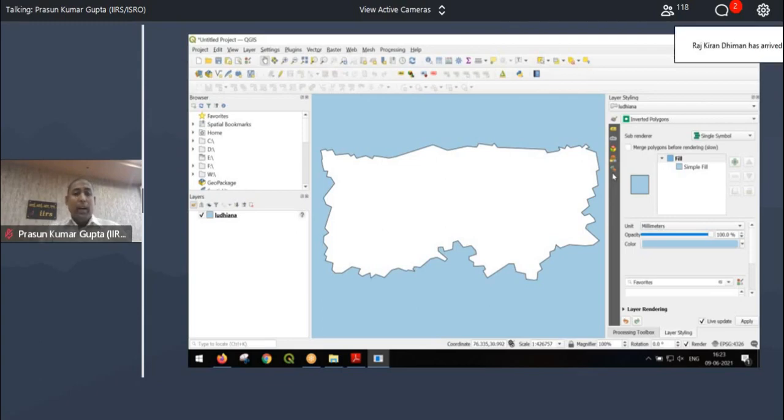Okay. So to add that data, I am going to show you a technology called WMS or Web Map Service.